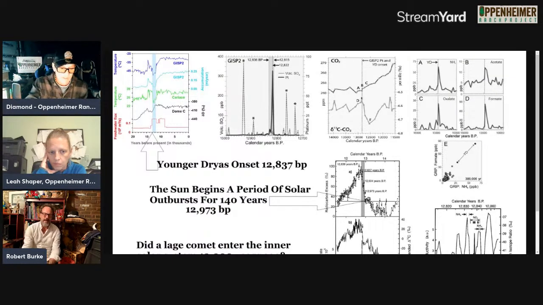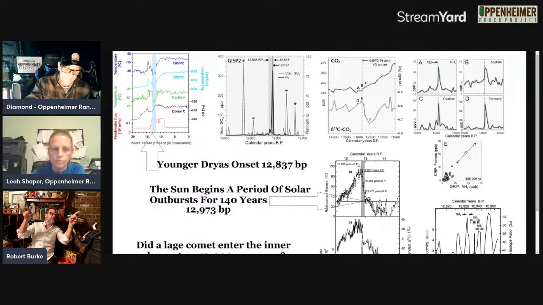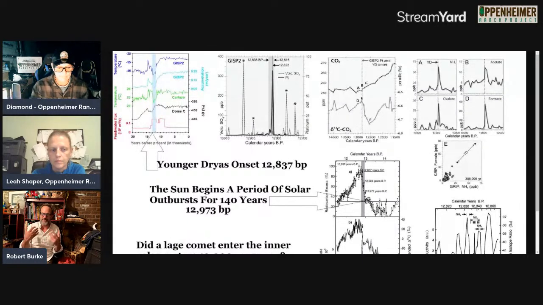So one of the data points that I spent some time looking at was what we call the Laschamp excursion, right? So we're supposed to have this multi-thousand year slowdown in our electromagnetic field. And at one point, the magnetosphere of the Earth was supposed to have gotten to 4%. And then over the next period of years, it goes back up again. And what's so ridiculous about the idea that this happened over a long period is that if our magnetosphere had reached 4% for any length of time, and by any, I mean weeks, everybody on Earth would have died of radiation. That's just a science fact.